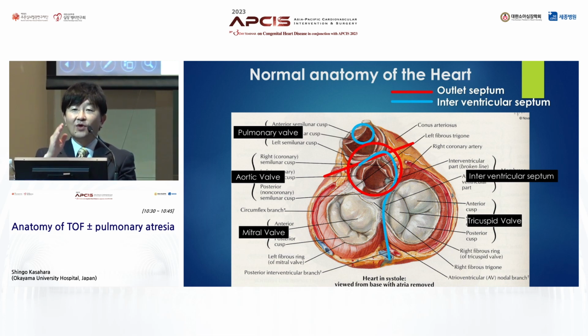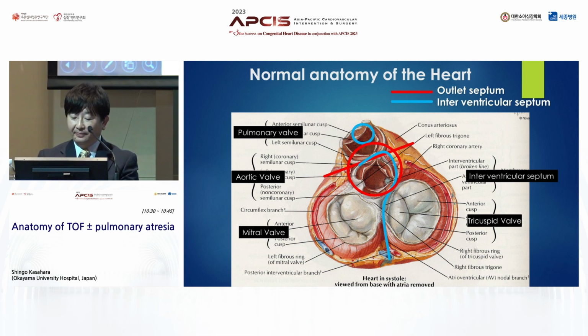The aorta is on the right side and behind, compared to the pulmonary artery. The pulmonary artery is on the left side, anterior. You remember that. So the outlet septum is these right lines, and the interventricular septum, IVS, is like a hook, these